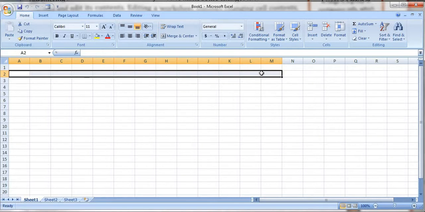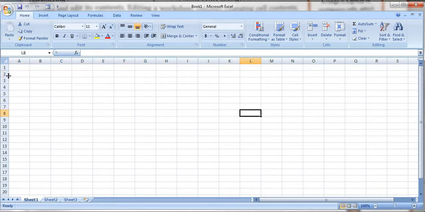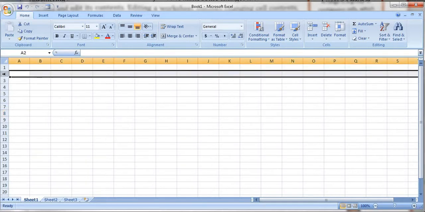Another way, if I want to select this complete row, all the cells of this second row, in the row heading, that is 2, I'll click on that. See, this row has been selected.